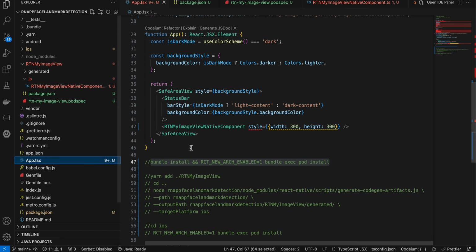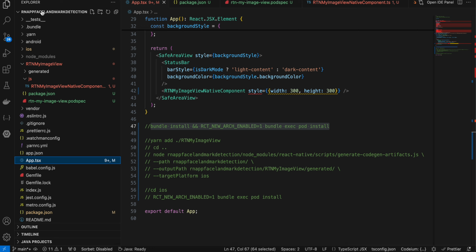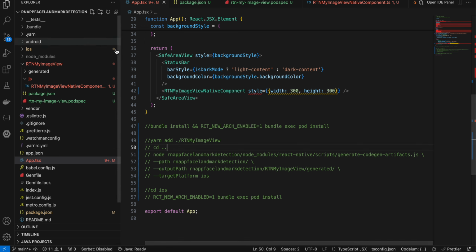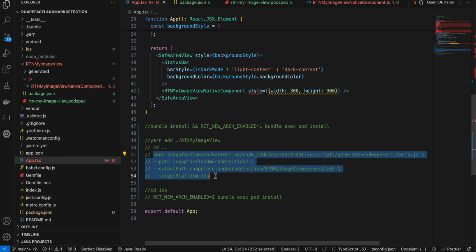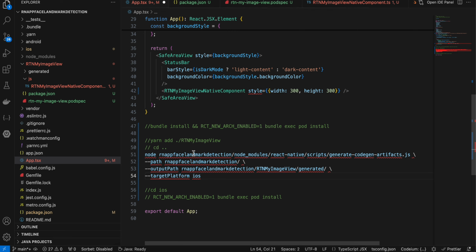So again you will have to open your terminal. You will have to go to the root of your React Native project, and firstly you will have to run this particular command. Okay, once you do that you will have to do cd .., which will move you outside your React Native project. Then you will have to run this particular command, but here instead of rnapp face landmark detection you will have